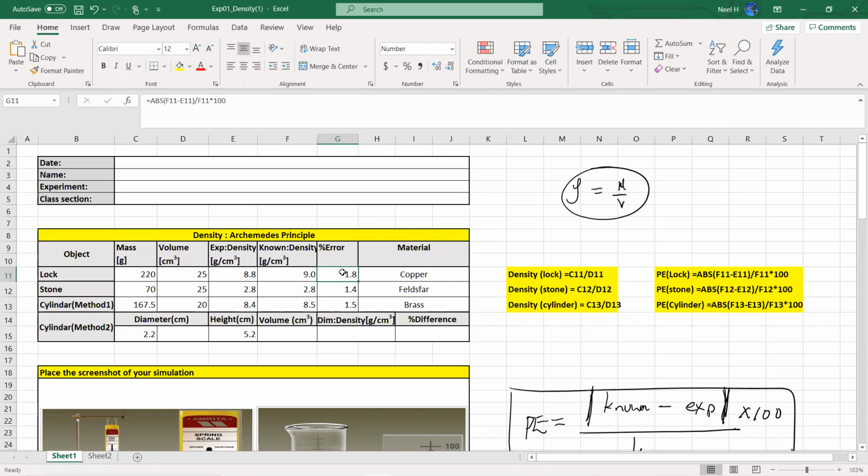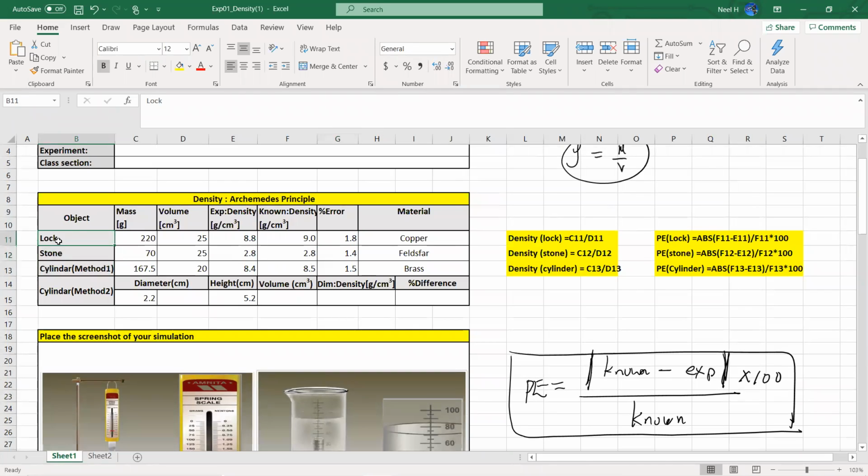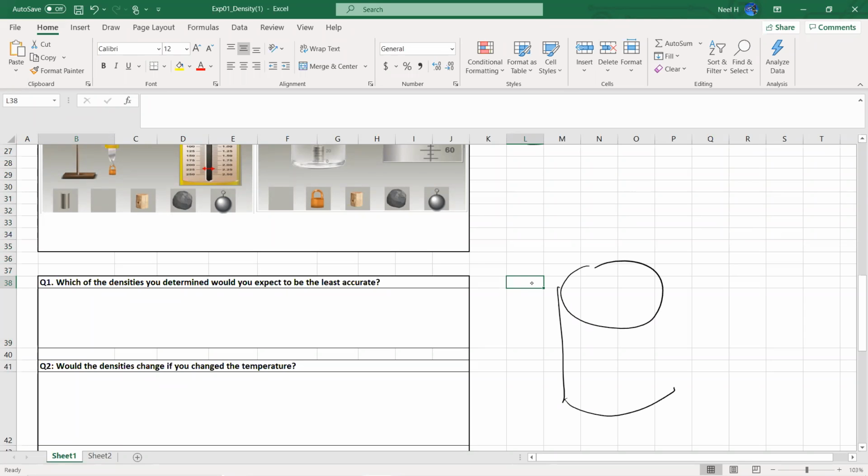Okay, then we're almost done. So only one thing left to do. The cylinder: you can see now the lock and stone don't have a proper geometry. However, the cylinder does have a proper geometry. We can calculate the volume of the cylinder another way, because it has a circular geometry